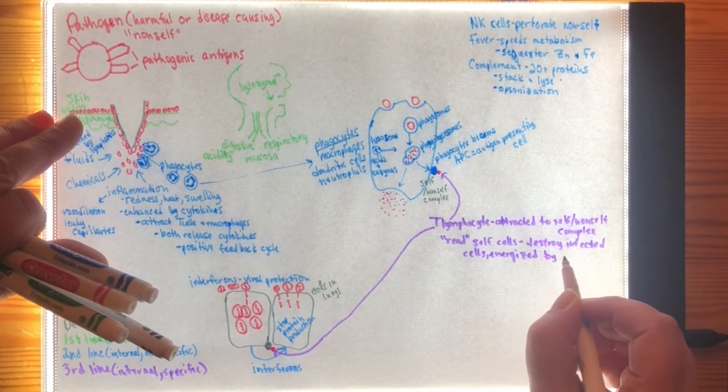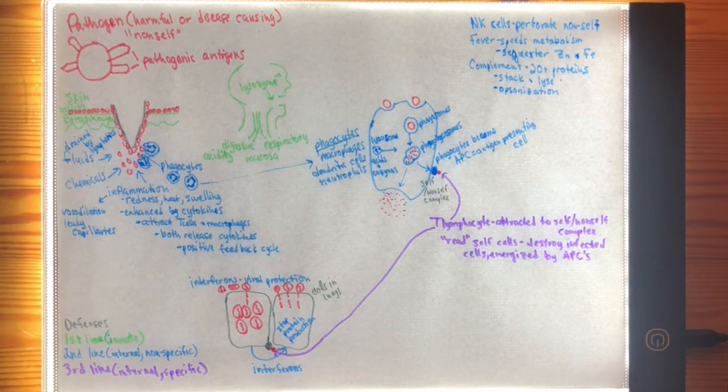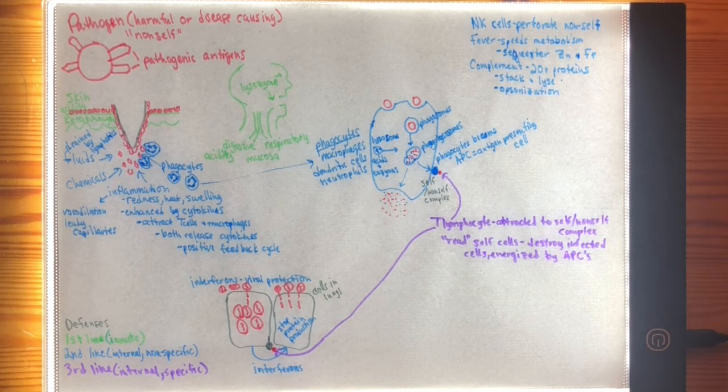Now what happens next is a rather complicated story, so I'll be telling it briefly here, and then I'll be telling it in more detail in the next lecture. But the basic idea is that if an infected cell presents bits of an infection on the outside, and the T lymphocytes are reading that, they're saying, okay, this is an infected cell. I understand that this self-non-self complex is basically a cry for help. The T lymphocyte is able to go ahead and destroy that infected cell,